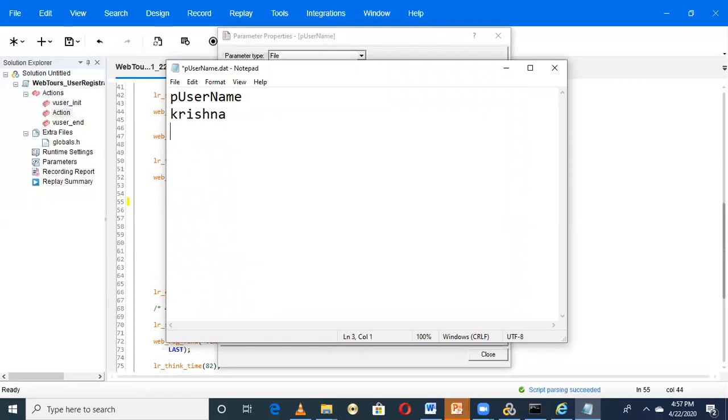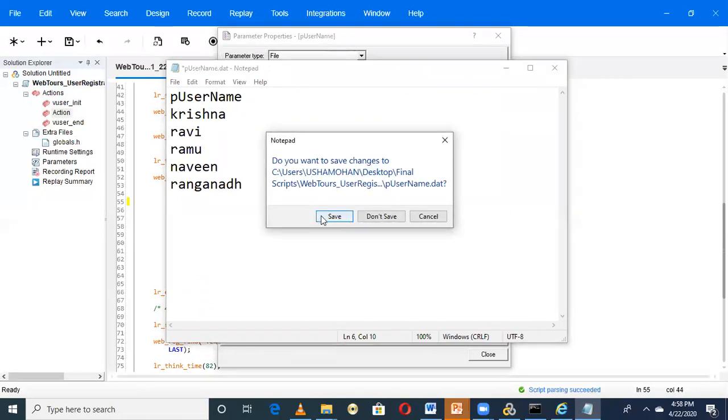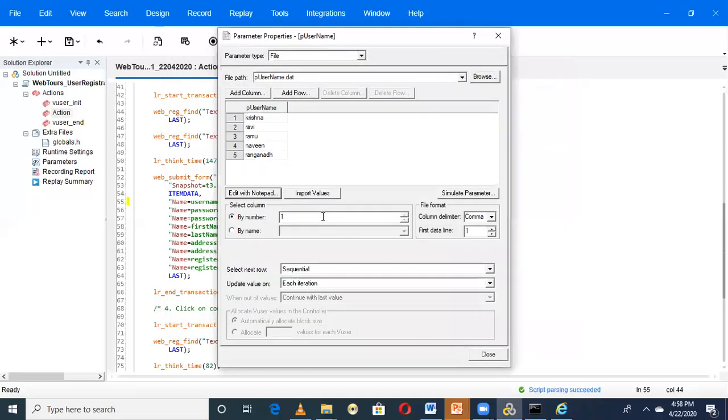I am going to give some different names: Ravi, Ramu, Naveen, Ranganath. I have added four more names here. I'm not changing any other things, and I'm going to save it and close it.